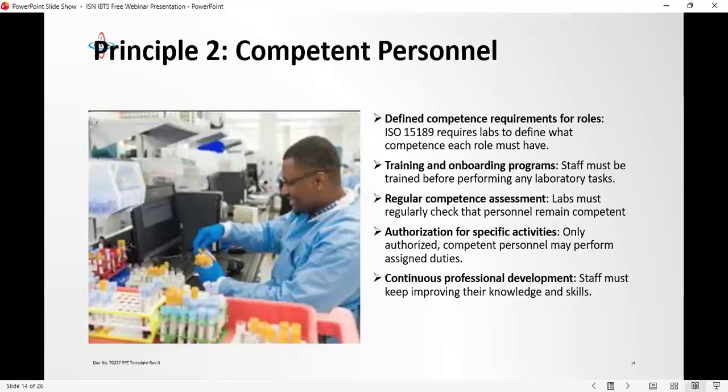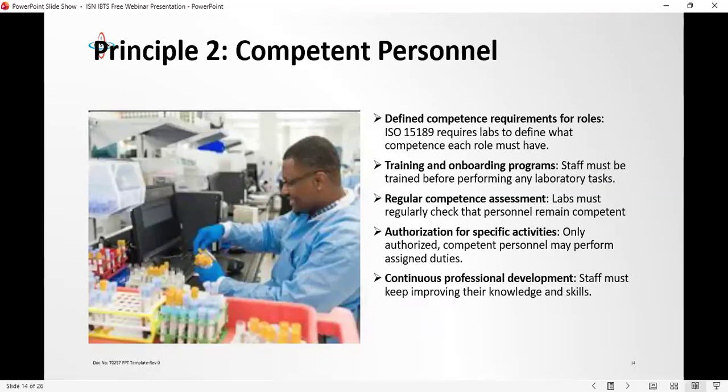That is all that leads to having a competent scientist, a competent phlebotomist, even your cleaner, and the person at the door. If you have a gatekeeper who opens and closes your door, you need to also train them, because when infection wants to start, it does not start with the people that are competent in the lab or the phlebotomist. It starts from the door, because they are the first people that interact with those patients.